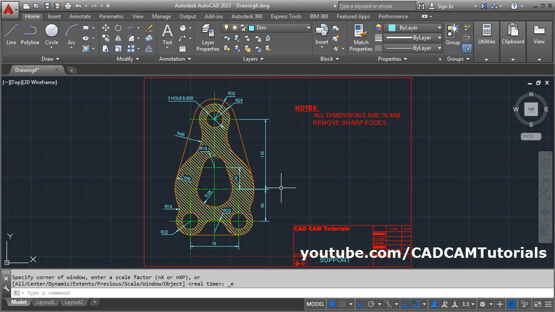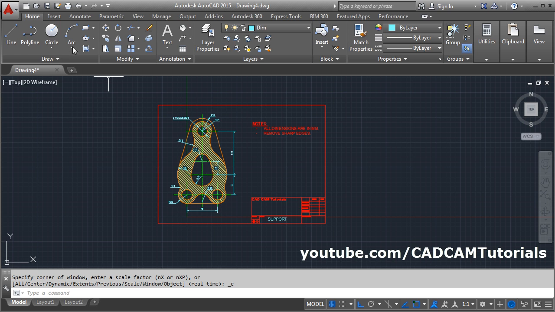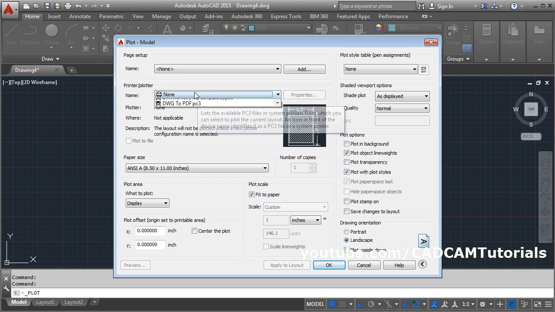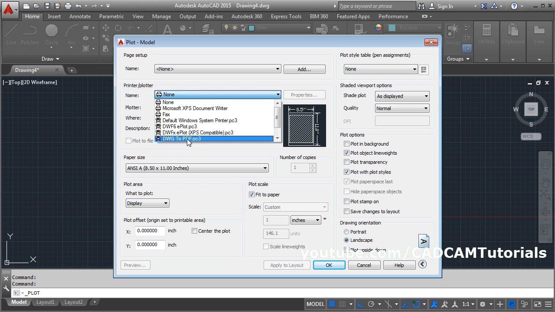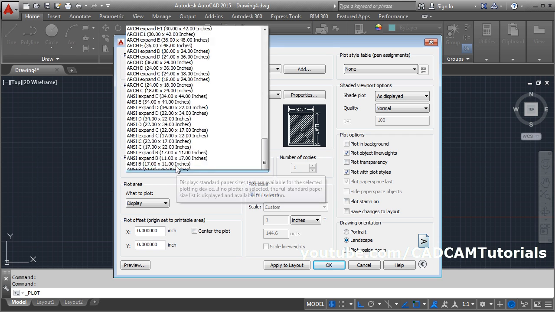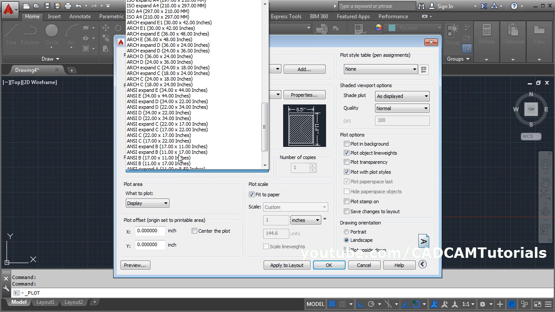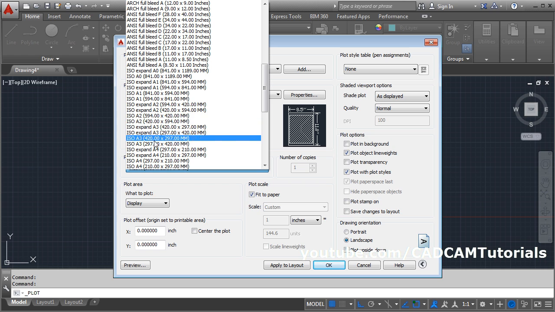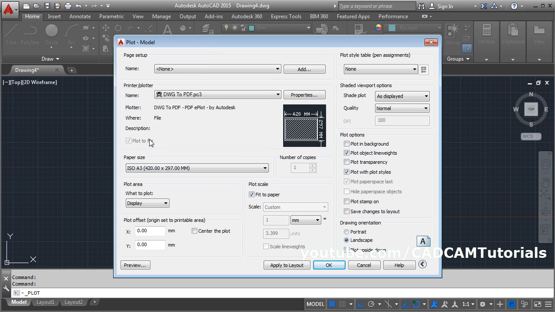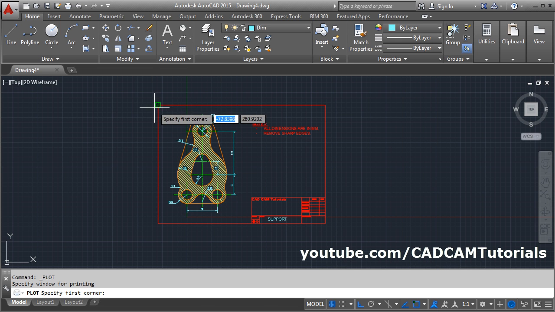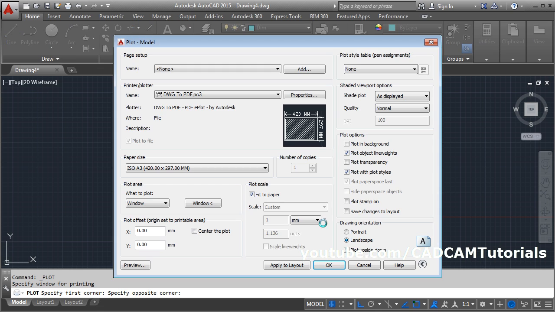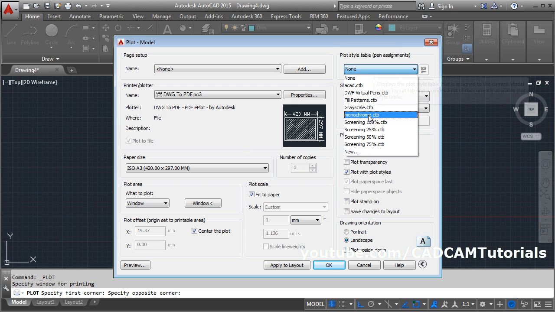So if you want to make the PDF, or if you want to take the print, click on this plot, then suppose I want to create a PDF, so take the DWG to PDF, then select the sheet size. Suppose this is my A3 size, so I want it to be ISO A3 420 by 297. Then click on this display window, then give the first point, second point, then center the plot. Then I want it to be in black and white, so click here and make it monochrome. Yes,